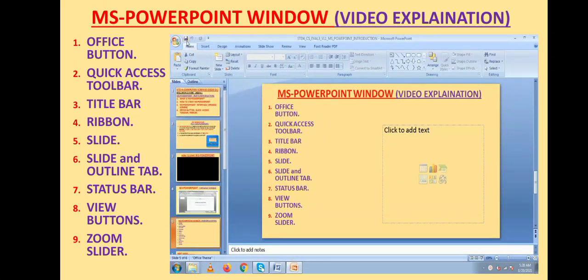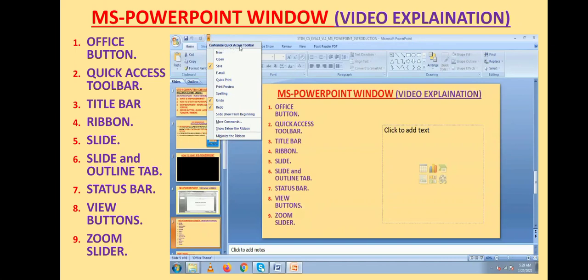On the right hand side of Office button, we have Quick Access toolbar. By default, on Quick Access toolbar, Save, Undo and Redo buttons appear. Besides Quick Access toolbar, you have a title bar. On title bar, the name of file will appear.